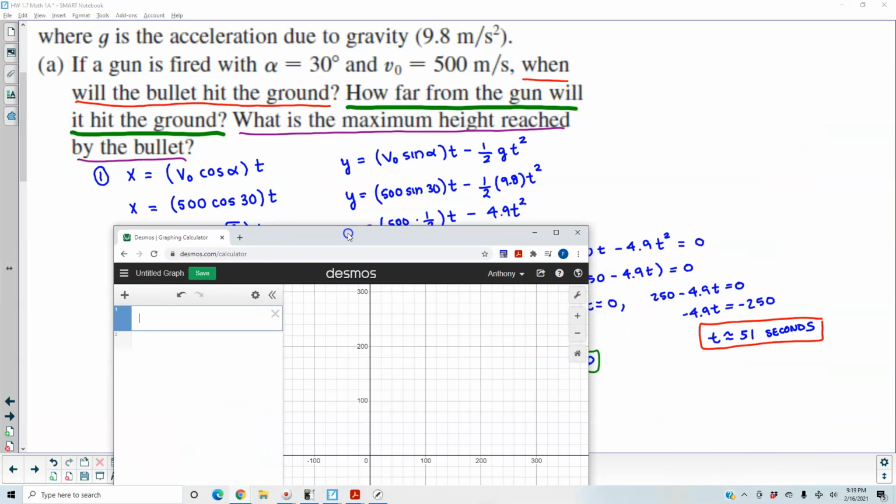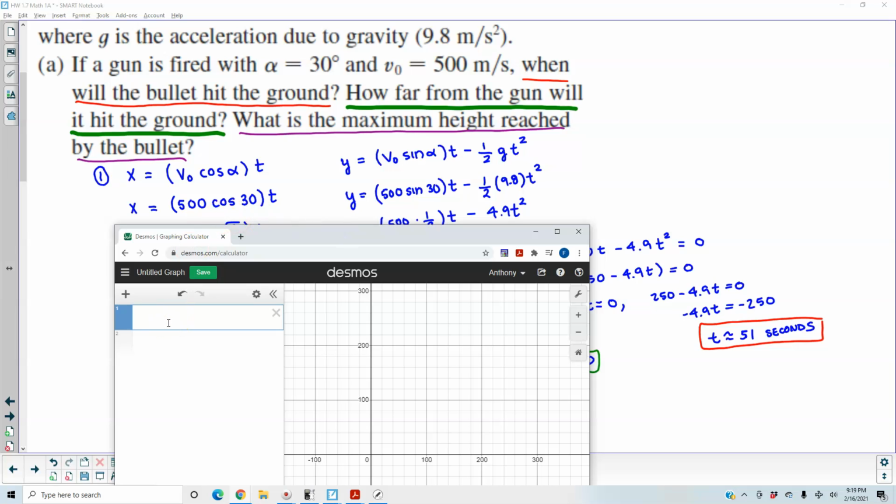So we're going to put in our x coordinate, so we have 500 times the cosine of pi divided by 6, since that represents 30 degrees, times t. And then we have 500 times the sine of pi divided by 6, t